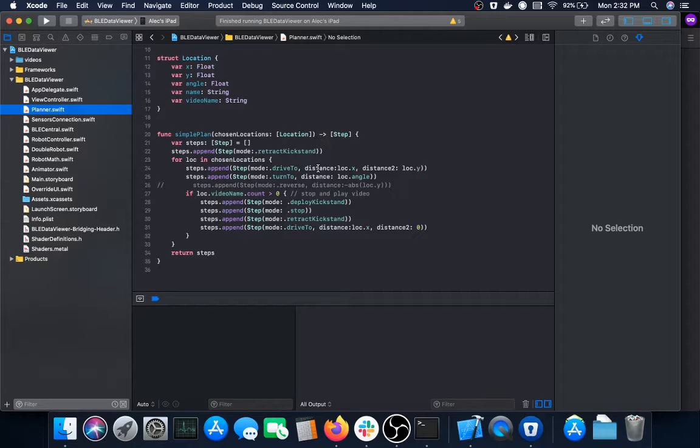And from there, first it activates an angular controller so that it'll line up straight with the point it wants to go to. And then after it's lined up within 20 degrees, it'll activate a distance proportional controller, and then it will just drive to that location,